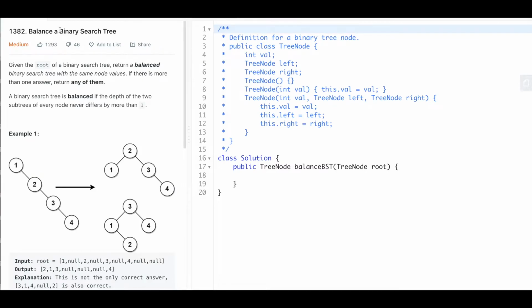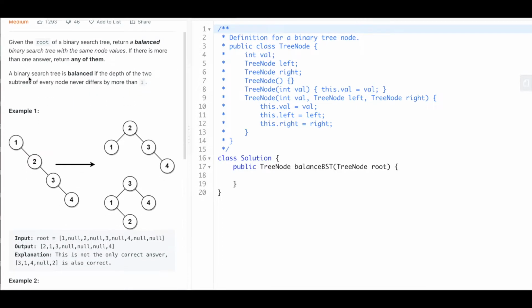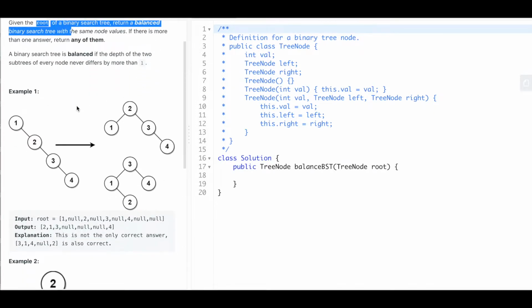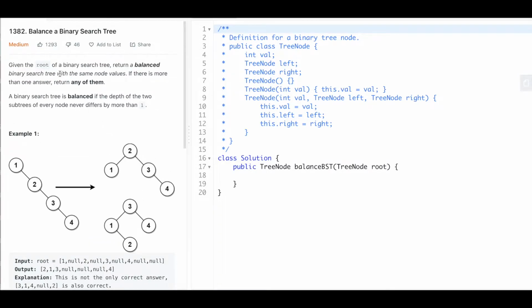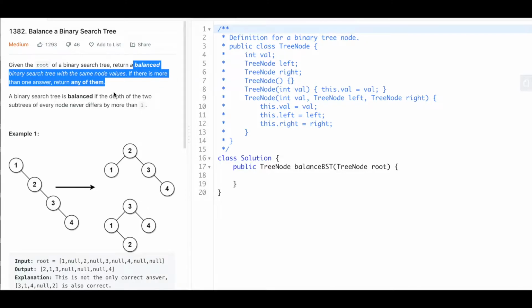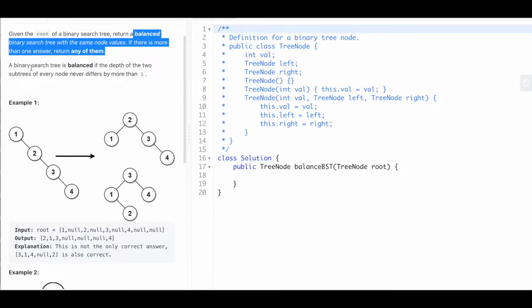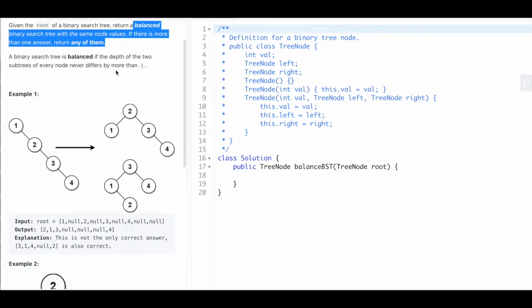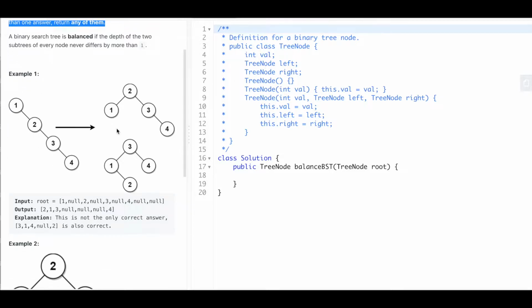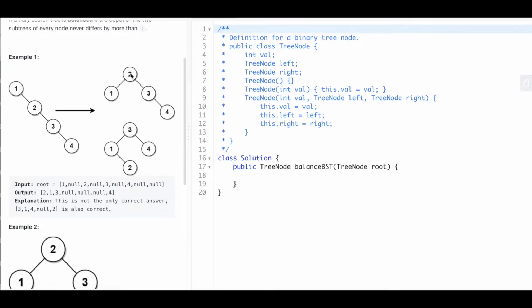Balance a binary search tree, problem 1382. In this problem, you're given a binary tree as your input, and you have to return a balanced binary search tree with the same node values as your input. A binary search tree is balanced if the depth of the two subtrees of every node never differs by more than one. You can be guaranteed that your input is going to be valid, that it can be